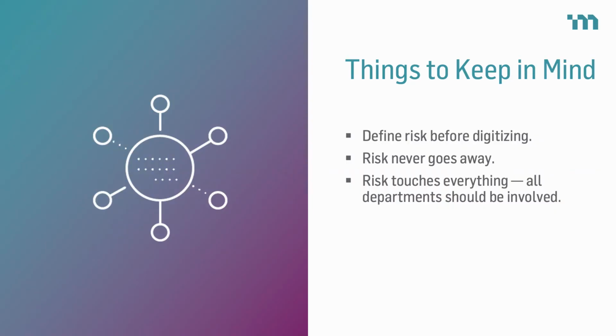If you're not putting in place those digitized systems to collect the data that you need to tell you how risky something is, to use against that matrix, those definitions that you've put in place, you're dead in the water. So, defining risk before you're digitizing. You've got to know what those risks are, what you do to evaluate them, and then know that they're never going to fully go away, especially if there's a human involved.